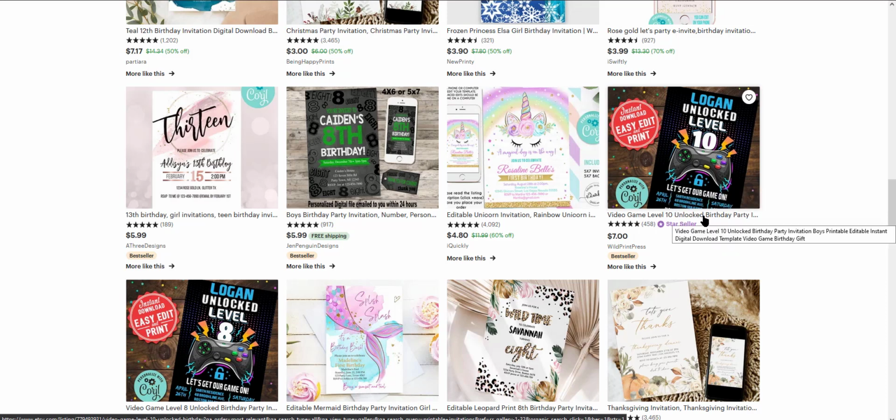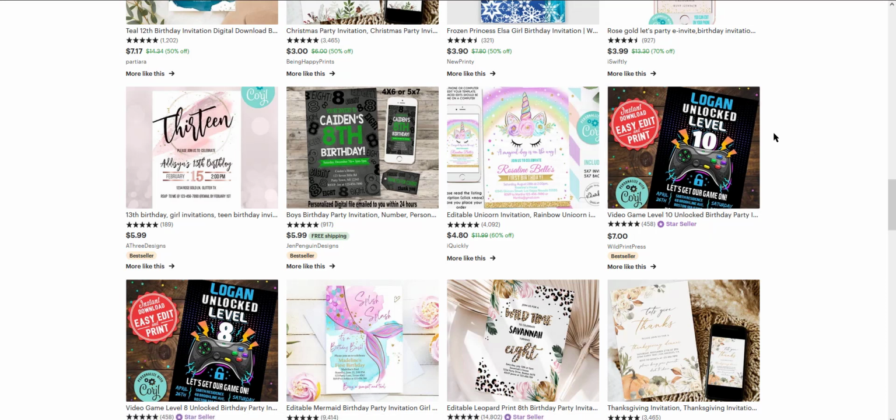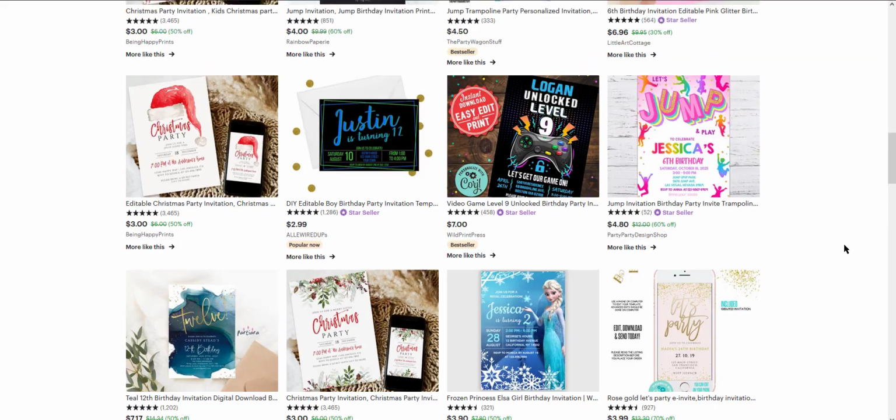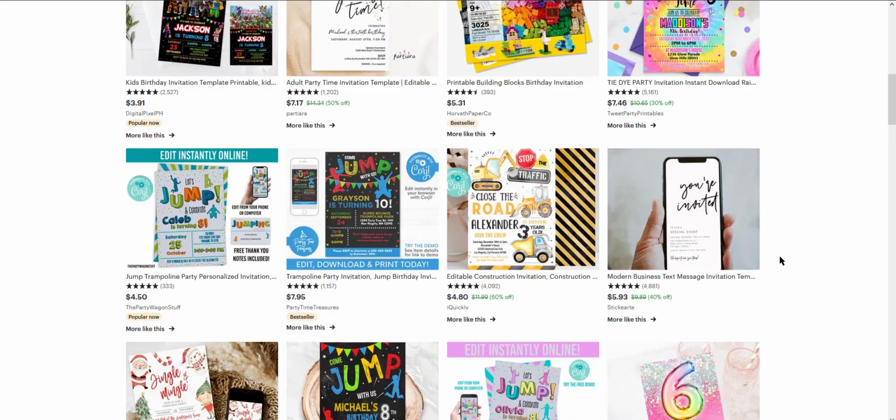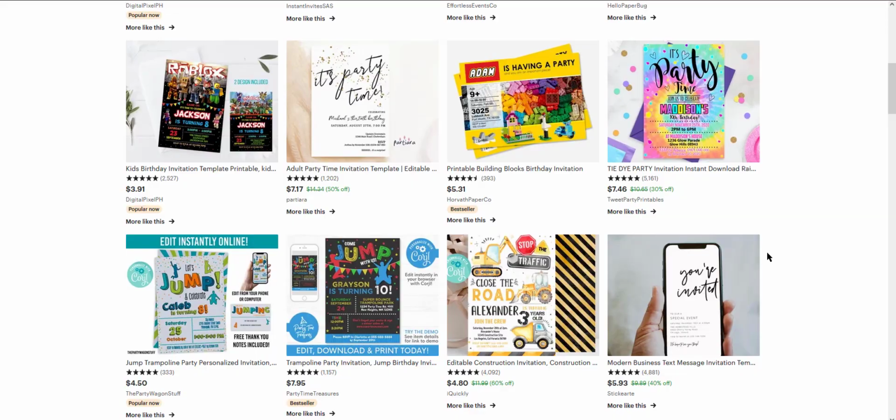If you can get comfortable with these, you can absolutely start taking custom orders, but by providing all of this stuff, you're also giving yourself a portfolio that you can work from, because they can see what you've made in the past and then be like, hey, I really like this one, but can you make it like this? But also giving them the ability to edit them in something like Canva will also add a whole lot of